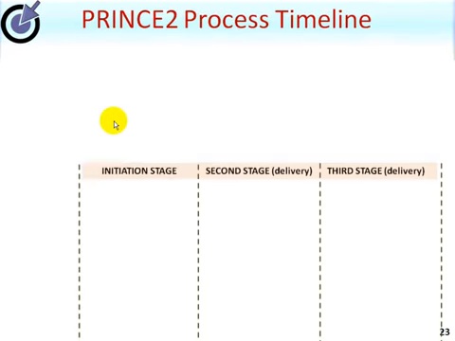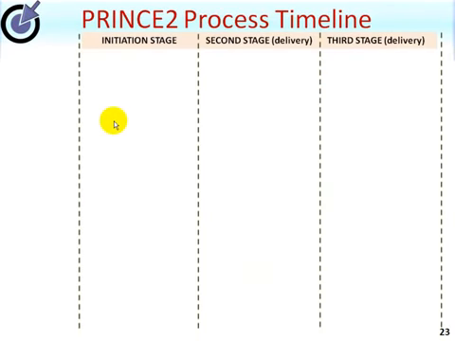Let's start at the beginning then. Let's assume that in this invented project we have 3 stages. As always, the first stage is called the initiation stage. Then the second stage, which will of course by definition be a delivery stage where specialist products are created. And I've just shown a third stage also as a final stage, and of course it will also be a